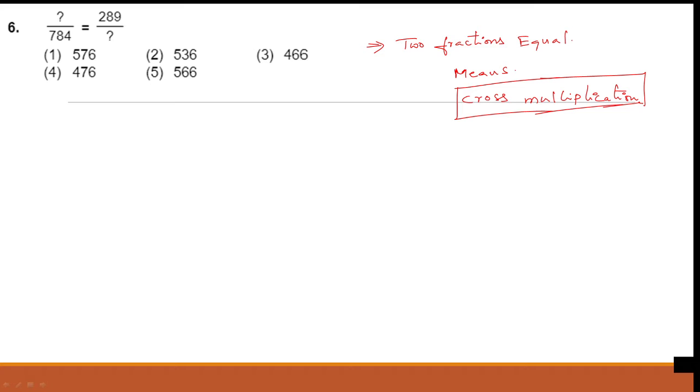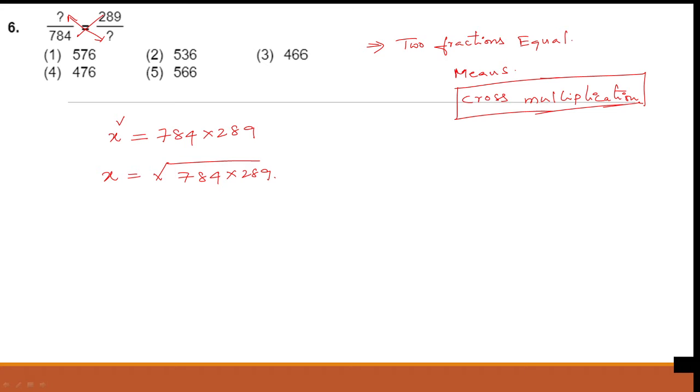Okay, so here the question mark is there. The question mark we take as x, x into x we get x square, and 784 into 289. So now the x value is nothing but the square root of 784 plus 289. Now the thing we need to remember is